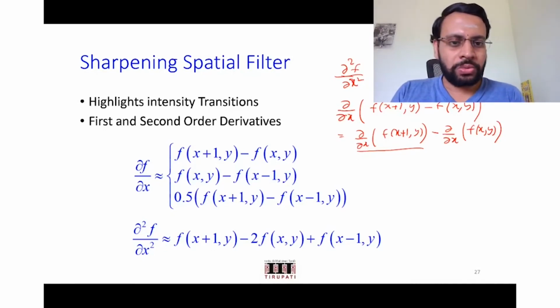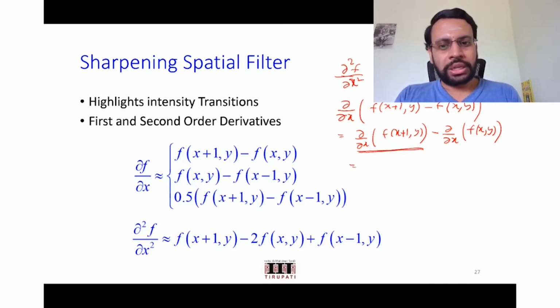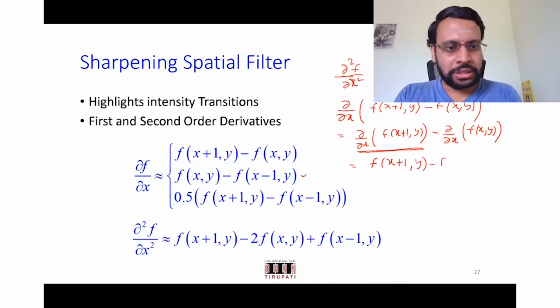Okay, so using those, suppose if I want to find out dou by dou x of f of x plus 1 comma y, how can I write that? I could use x plus 1 and a pixel behind that, right? So I could go with this notation. So how could I write then? f of x plus 1 comma y minus f of x comma y, minus of